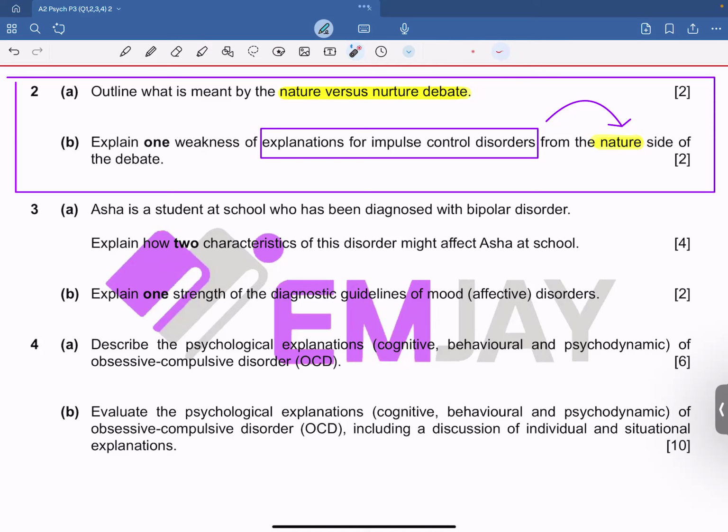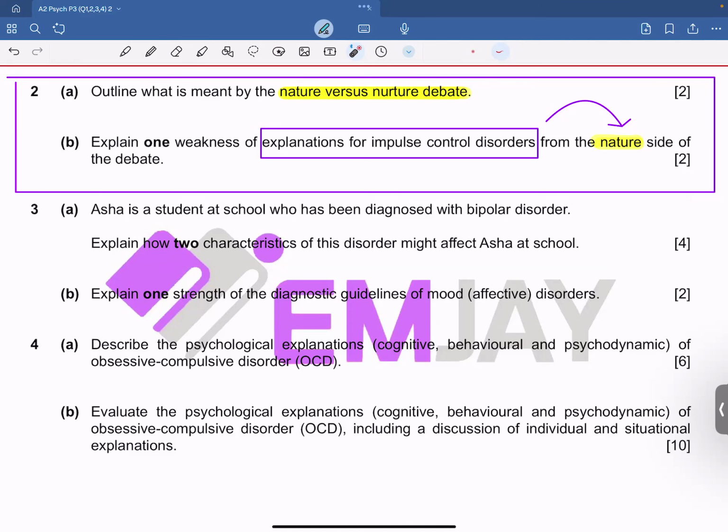If you're not reading the question thoroughly, you will not be able to answer it correctly. So even if it is taking a couple of seconds, let's just say 30 seconds, 40 seconds for you to understand what the question is demanding from you, invest in that time because it's always going to be worth it.